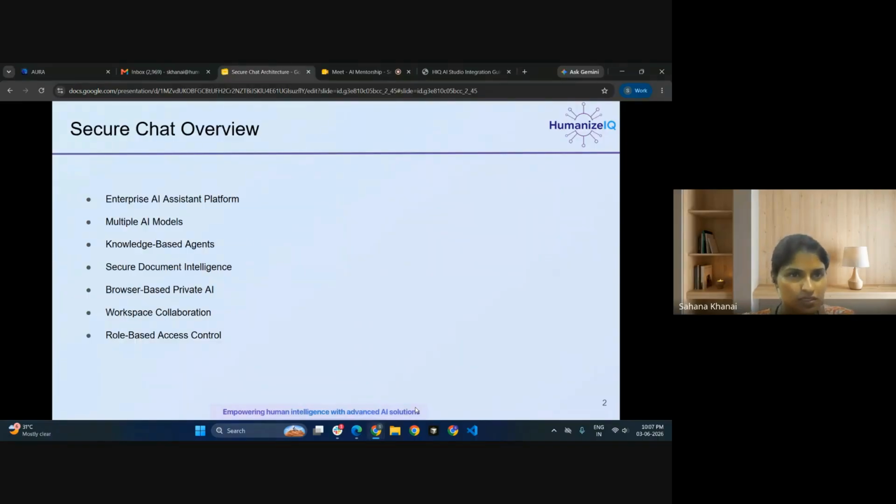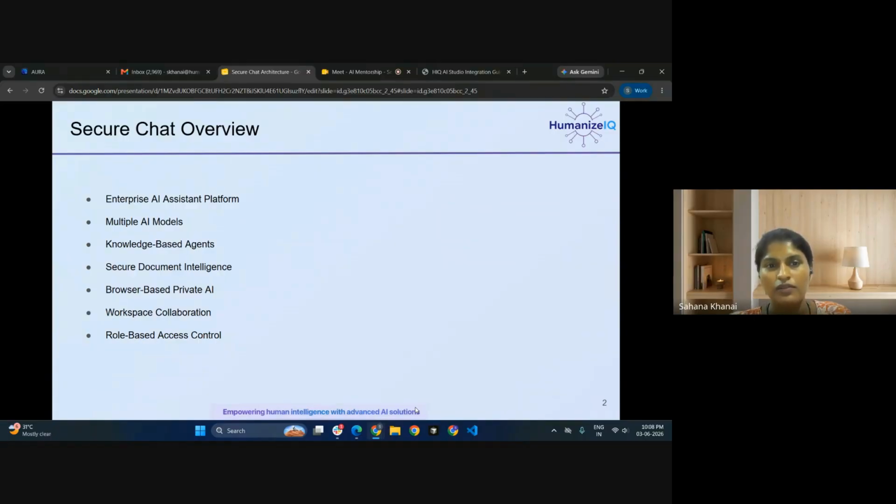So coming to the overview, what we are going to see in this presentation: the enterprise AI system platform, how it is connected to each other, multiple AI models, knowledge-based agents, secure document intelligence, browser-based private AI, the private LLM that we saw in the morning, and workspace collaboration and role-based access control.